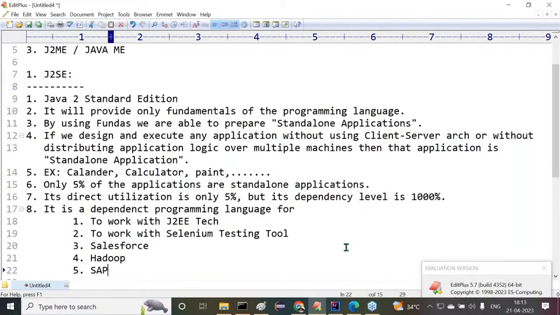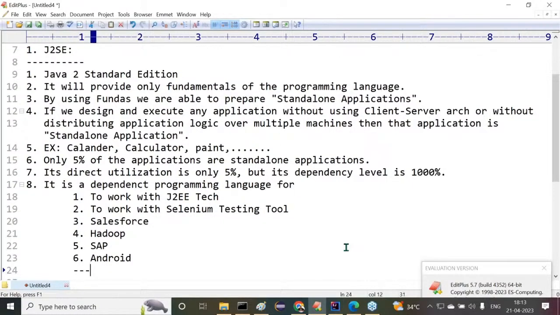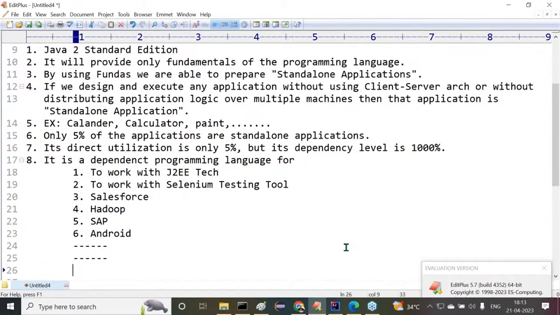J2SE is required. Not only that, if you want to work with the Android mobile application development platform, then definitely we require the J2SE part, and so on. Not only this, I have given only some of the products list. Almost 90% of the software products nowadays depend on J2SE. But J2SE direct utilization is only 5%, while its dependency level is 1000% because of all these